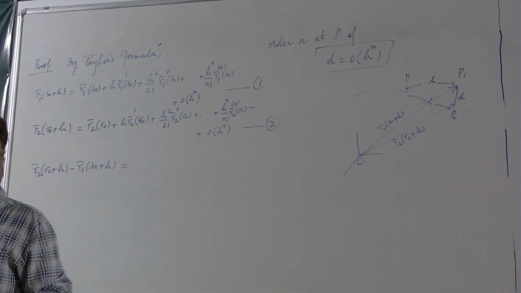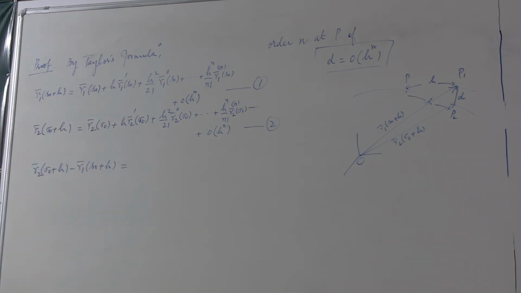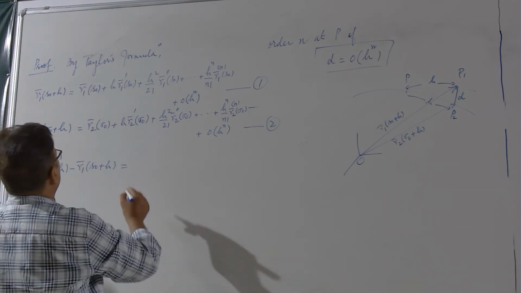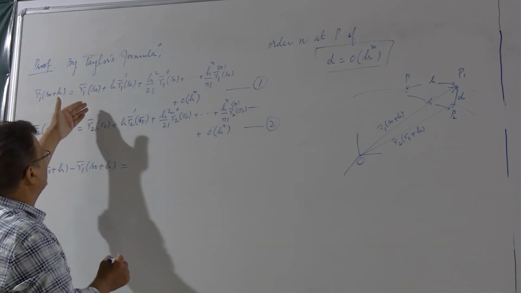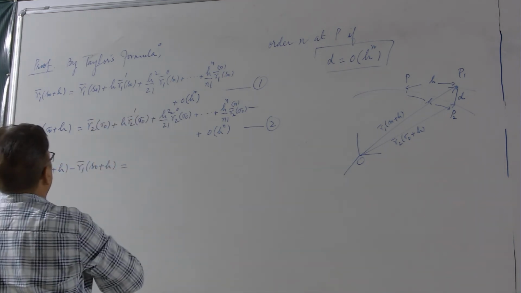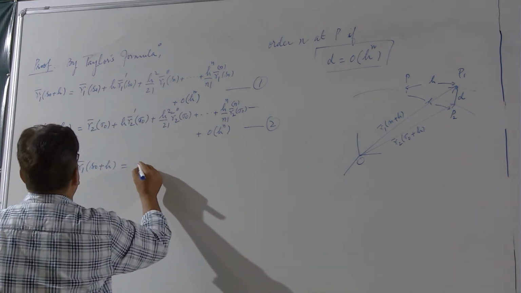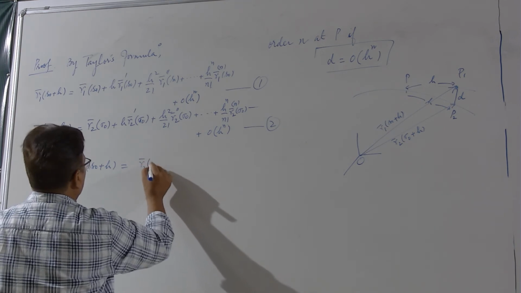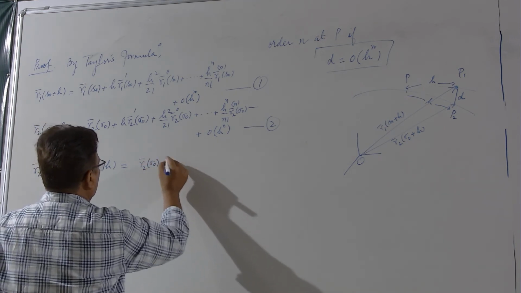And their difference, you can see from the figure, is in fact the vector P1P2. When I take the mod, it will become the actual distance d. So first let me write down the vector P1P2. Since these are vector quantities, I can subtract term by term. So this is R2(σ0) minus R1(S0)